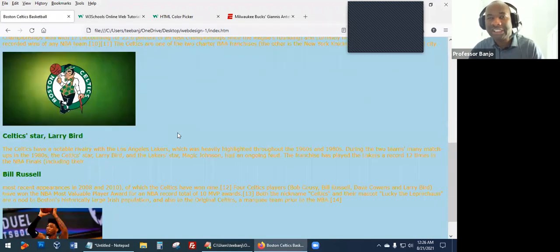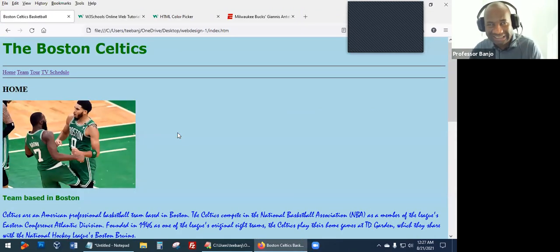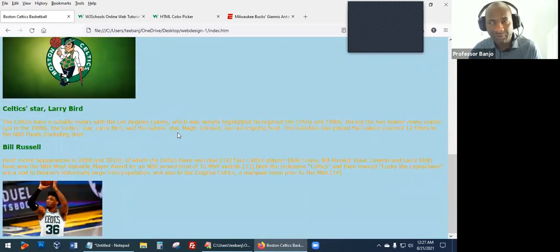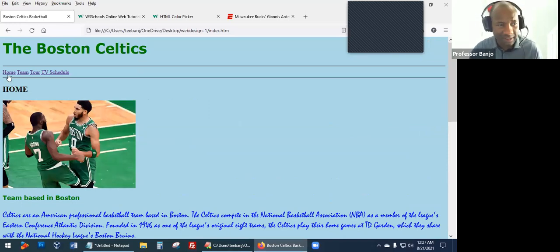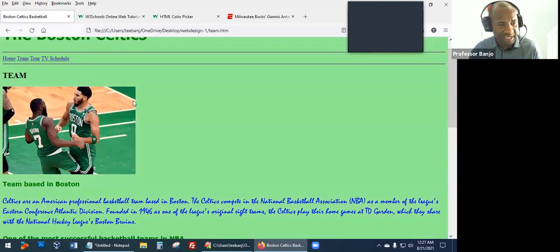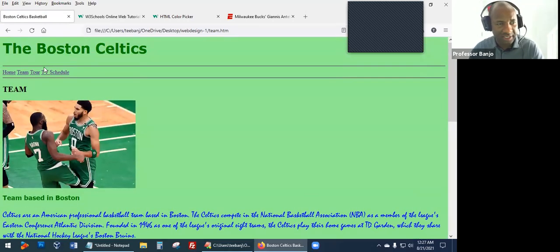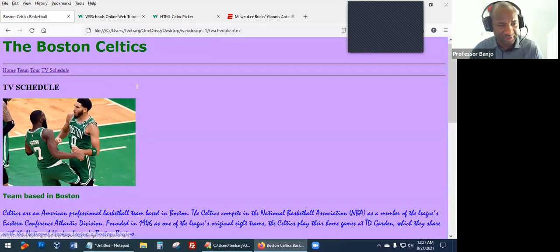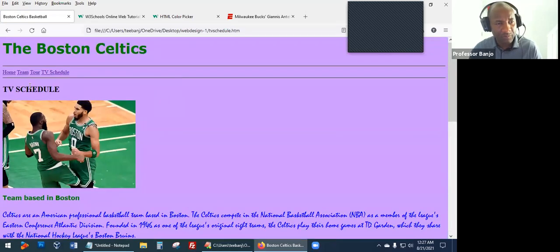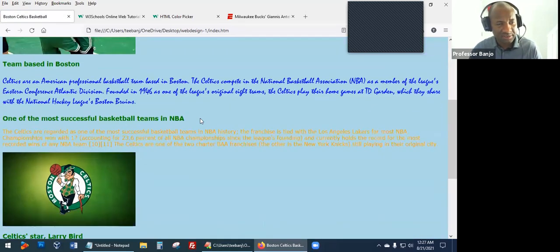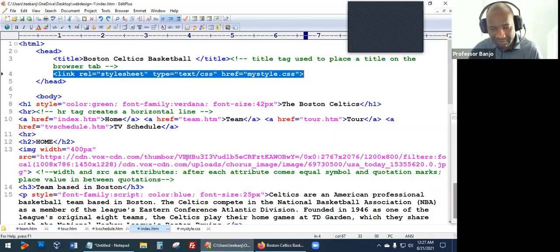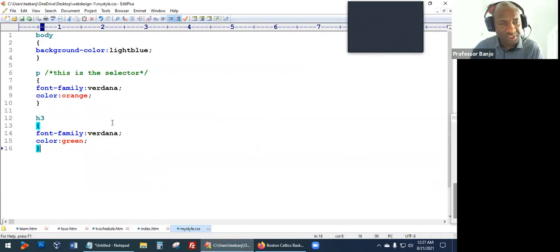Now remember, we're trying to be consistent, so we're going to apply exactly the same style to all the other pages. Right now, all the other pages have a different background color here, different here, different here. So let's do this. Let's go to the style. We're going to say that all the paragraphs are going to be gray. We're going to say that the background,